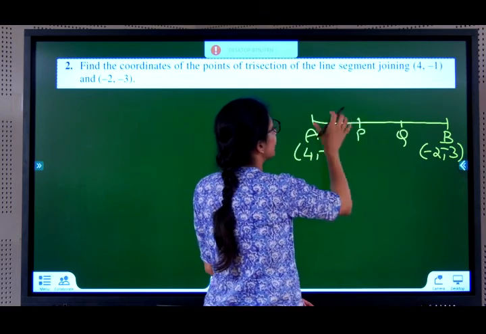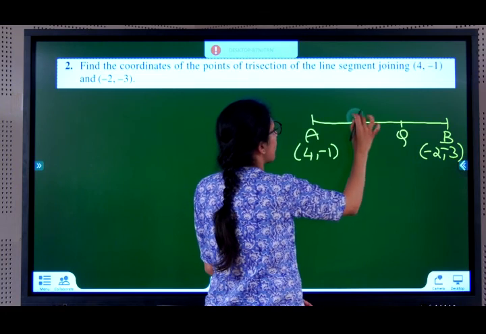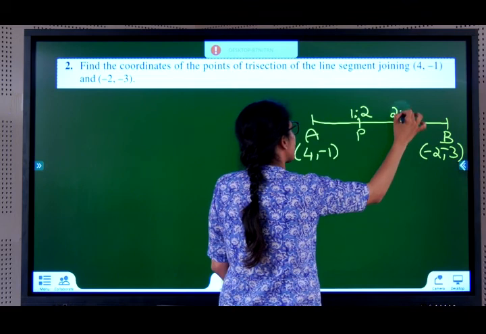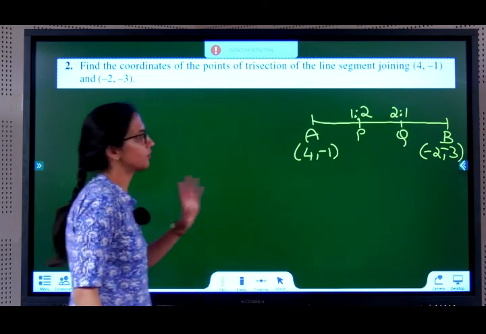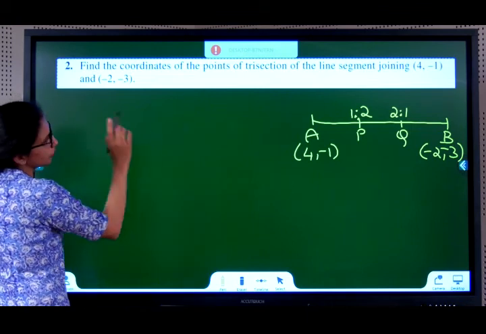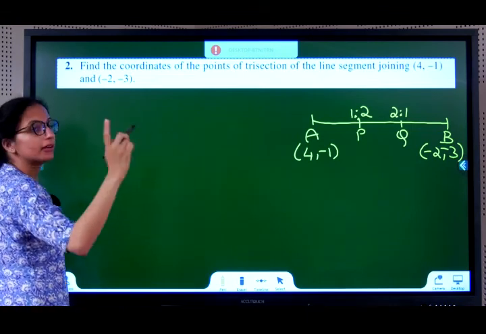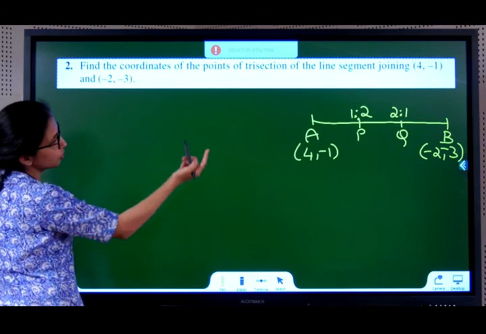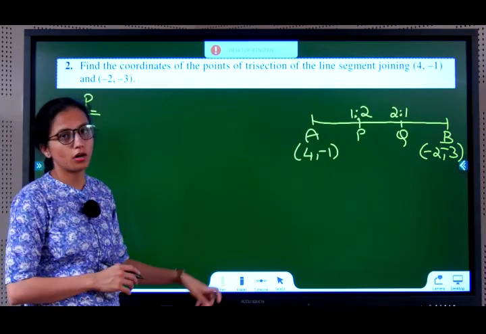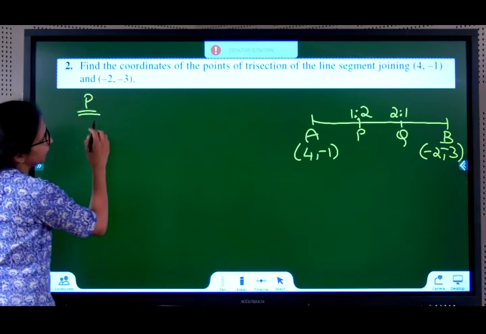So, P is dividing this AB in the ratio of 1:2. And Q is dividing this in the ratio of 2:1. So, you have to be careful while solving. Fine? That's all. If you still don't understand how 1:2, 2:1, recap, go back to that example problem, go through how the trisection concept came and come here. So, finding the coordinate of P now, first we do for P,